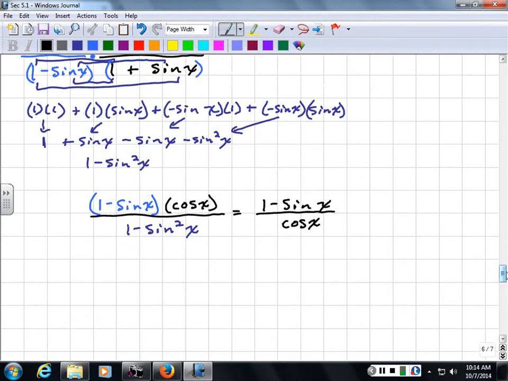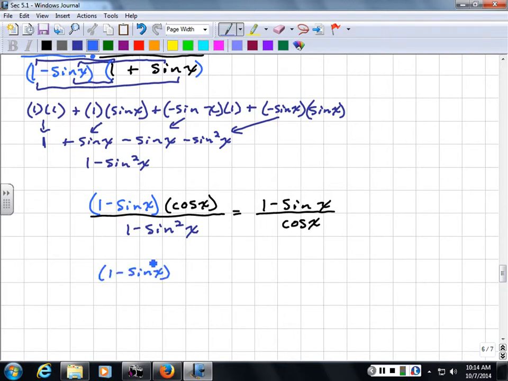Now, what's 1 minus sine squared x equal to? Say what? Don't do that. Trust me. Let's just look at the denominator. What's 1 minus sine squared x equal to? Cosine squared x. And if I do that, if I leave the numerator alone, I've got the 1 minus sine